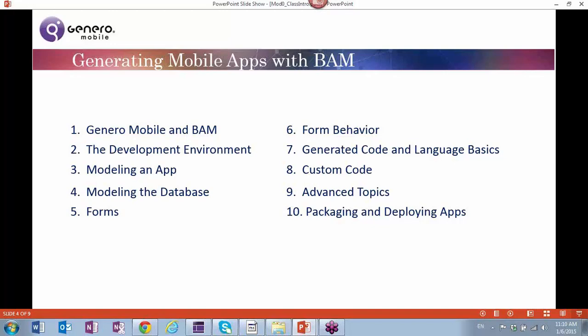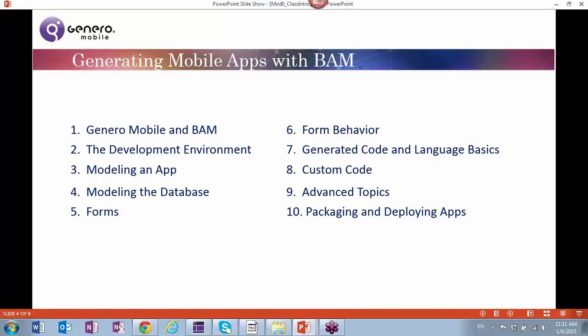You may want to integrate web components so that you can use third-party graphical components in your application. You might also want to do things like synchronize with a back-end database. All of those types of things would involve some custom coding. So we'll address custom coding in the custom code chapter in Module 8 and as well in this advanced topics